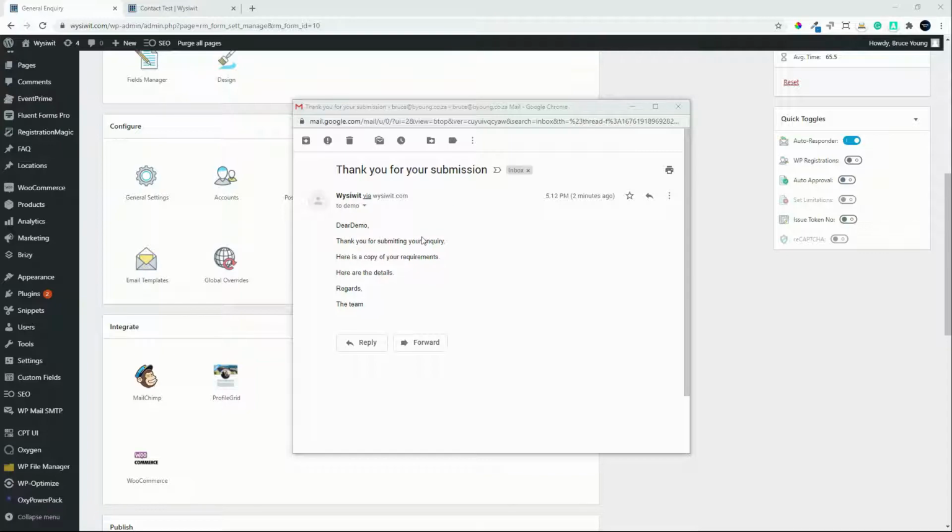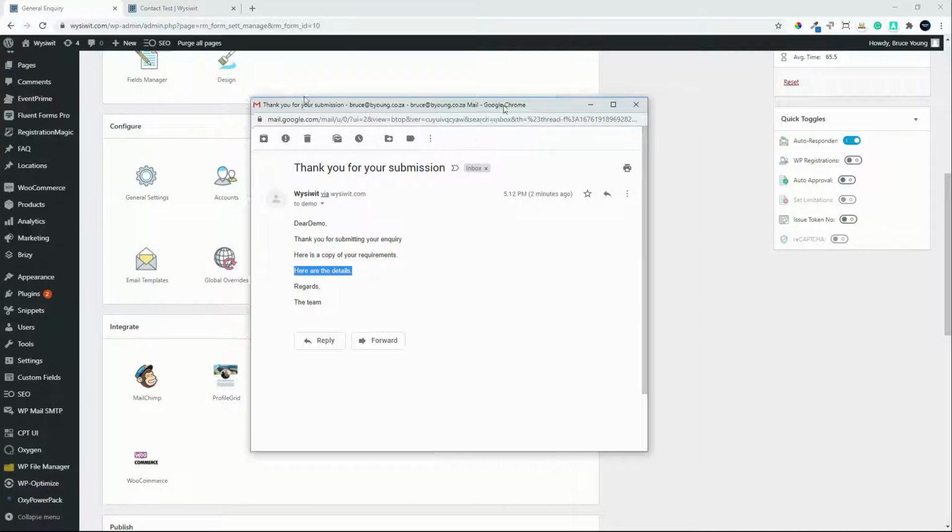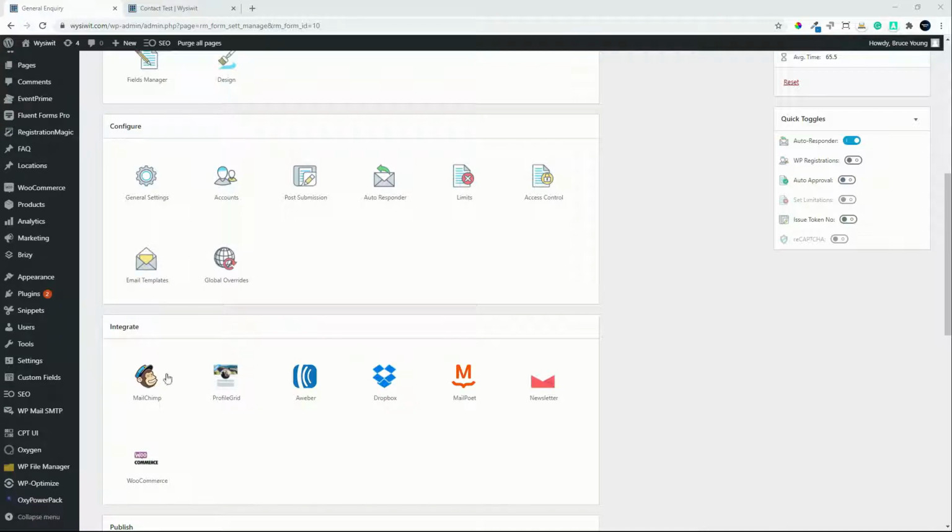Dear demo, which needs a space, but you'll see that my name was used. And then thank you for submitting your inquiry. Here is a copy of your requirements. And here are the details, is the text that was entered into the additional details. Regards, the team. So a nice email that the customer gets just to confirm that they have in fact sent in a form. Let's have a look now at the email that would go to the administrator to let